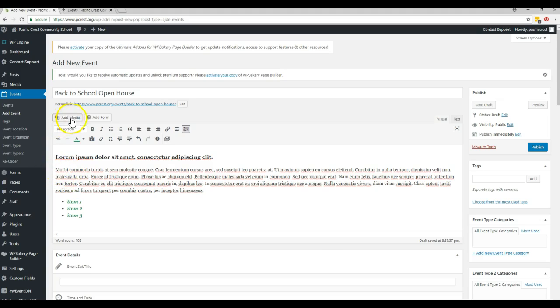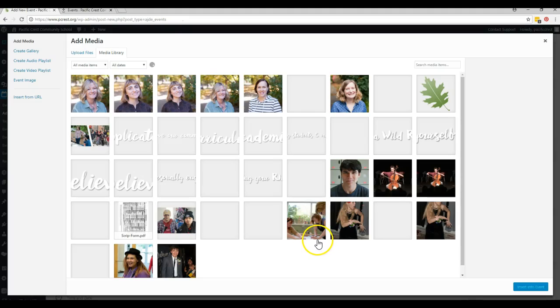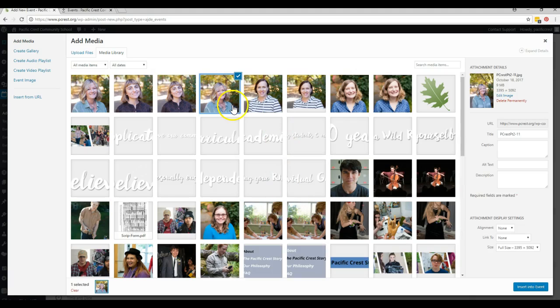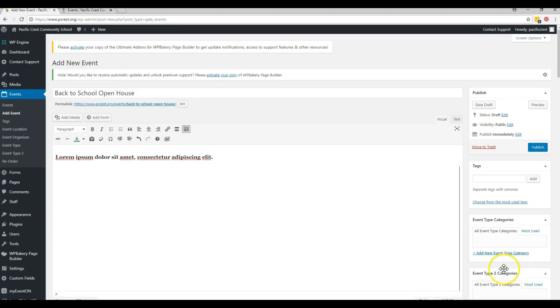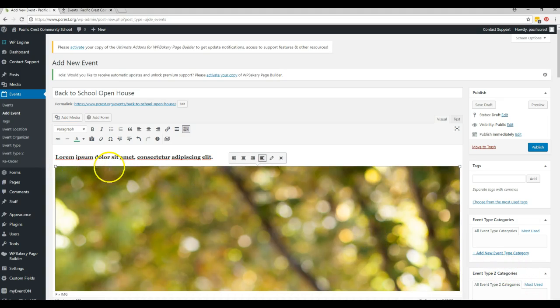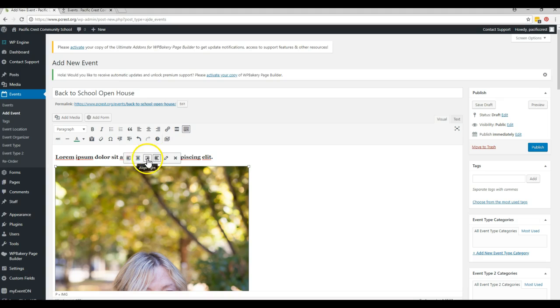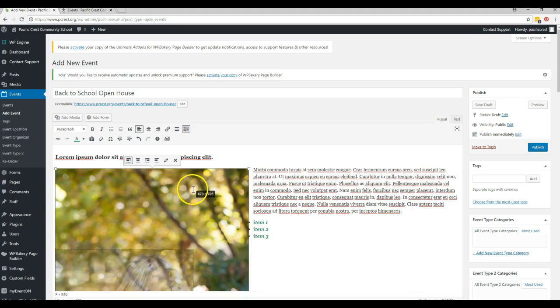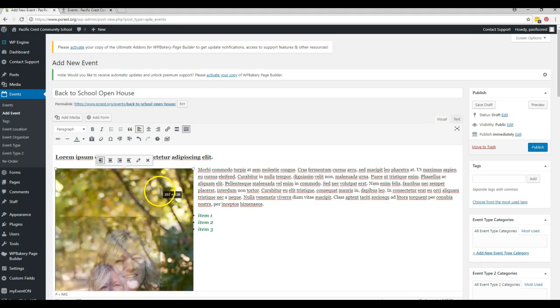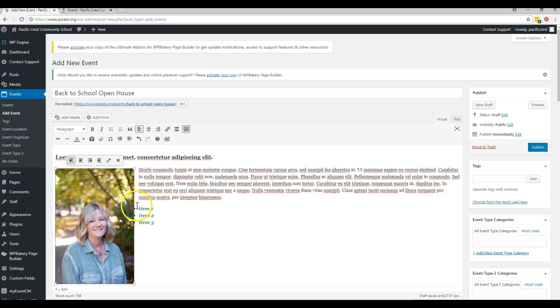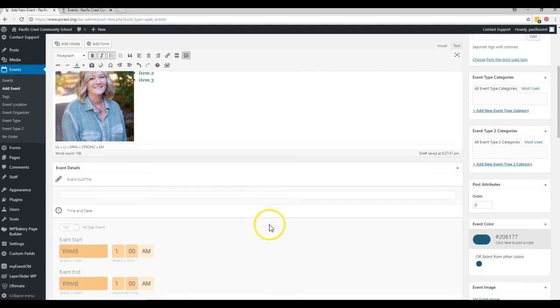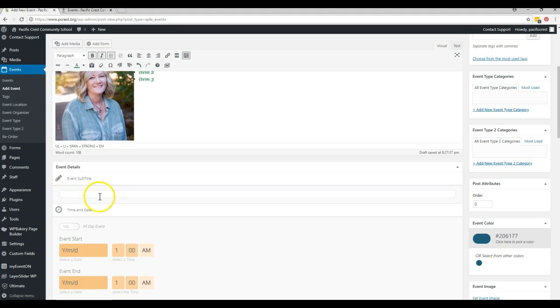Put your cursor in here, say Add Media. Maybe a new staff member is joining the team or something. We can put that in there. Resize it as needed. Here's where we get our flow options, so we could flow the text around this, or make it smaller still. Whatever it is that needs to be done with it. So we've got the start of our event right there. We can enter